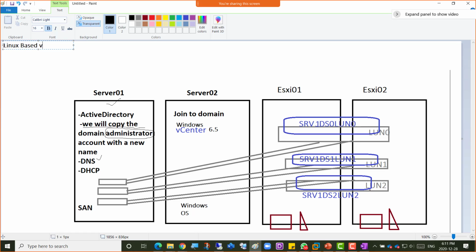Linux-based vCenter is called VCSA. And what does that mean? It's vCenter Server Appliance, right? So that's the first thing. Second thing is